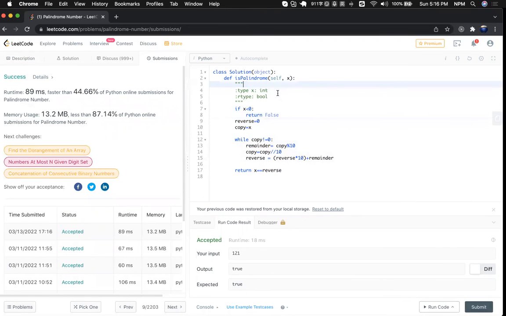So the time complexity of our solution is going to be big O of n. And then for our space, since we only have one while loop, our space complexity is also going to be like